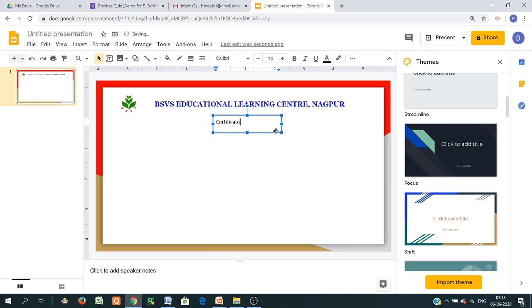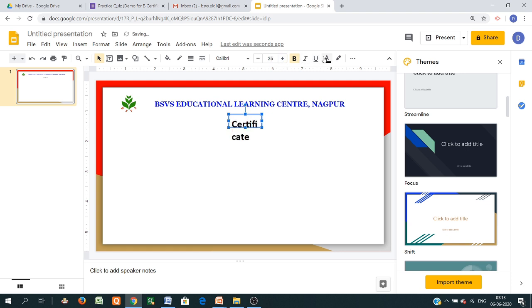In the similar way, you make the changes bold, then change the color. Suppose you want to make it italic, just change as per requirement. This is the certificate here.